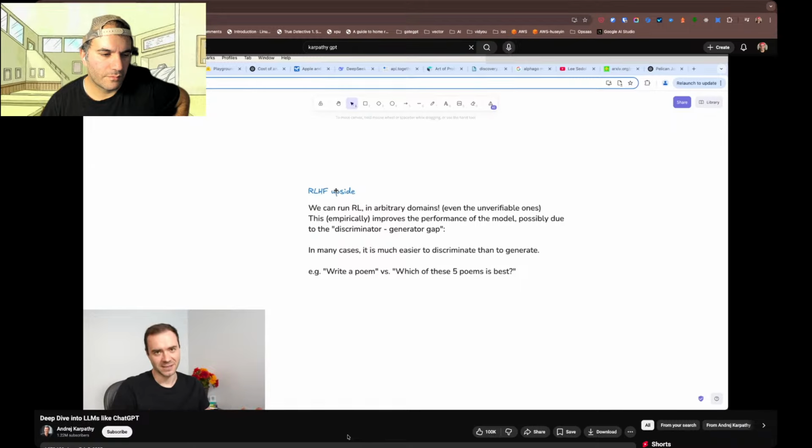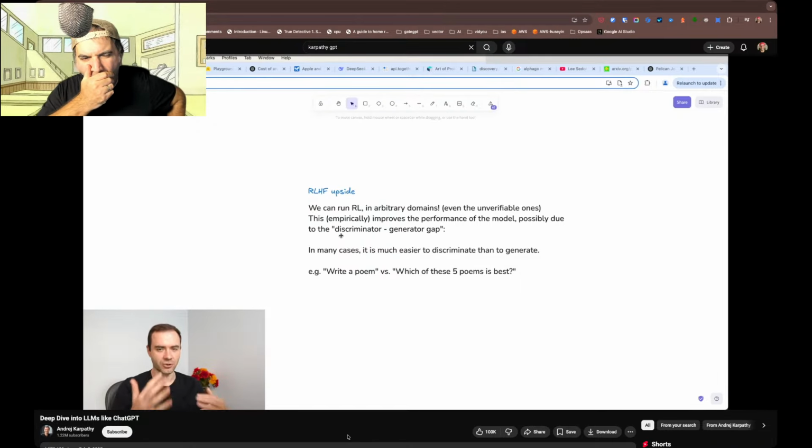So here's my best guess. My best guess is that this is possibly mostly due to the discriminator generator gap. What that means is that in many cases, it is significantly easier to discriminate than to generate for humans. So in particular, an example of this is